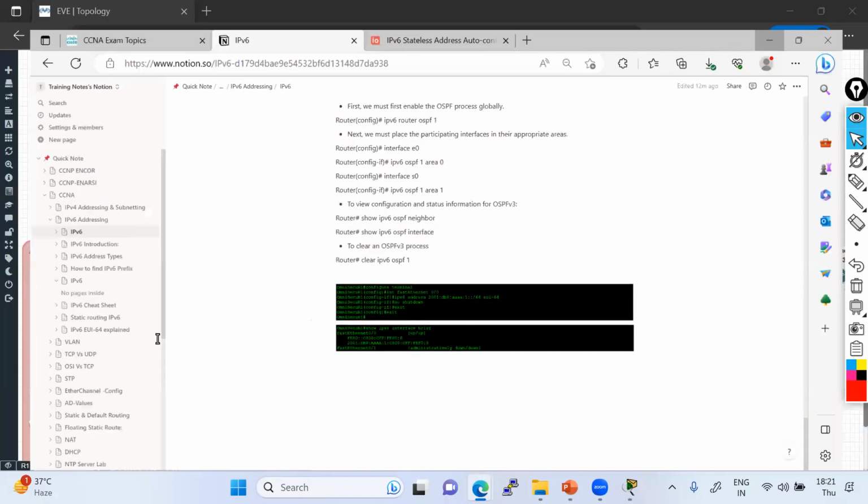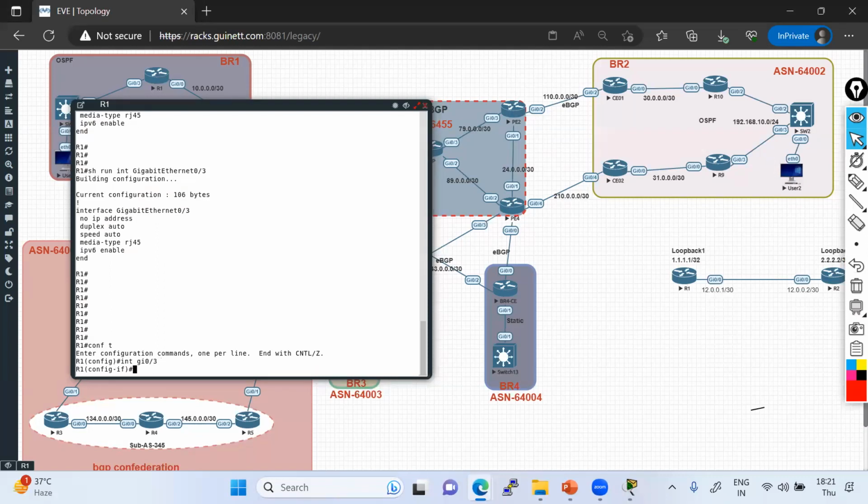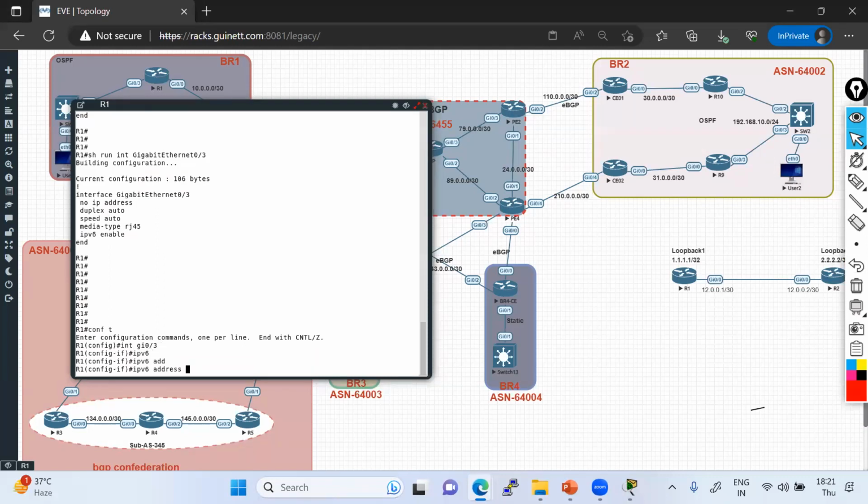Okay, let me just configure one IP address here. So interface gig 0/3, ipv6 address. Let's use this.